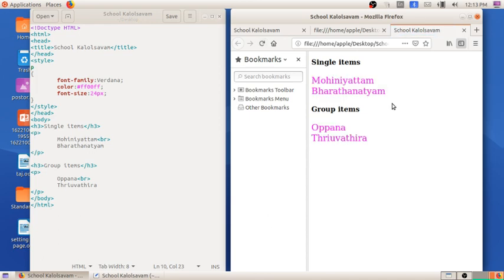What happened: the font family is changed, and also the color is changed to pink. Sorry, yeah, it is pink. So this is the change. We can write the observed changes in this Table 3.2.